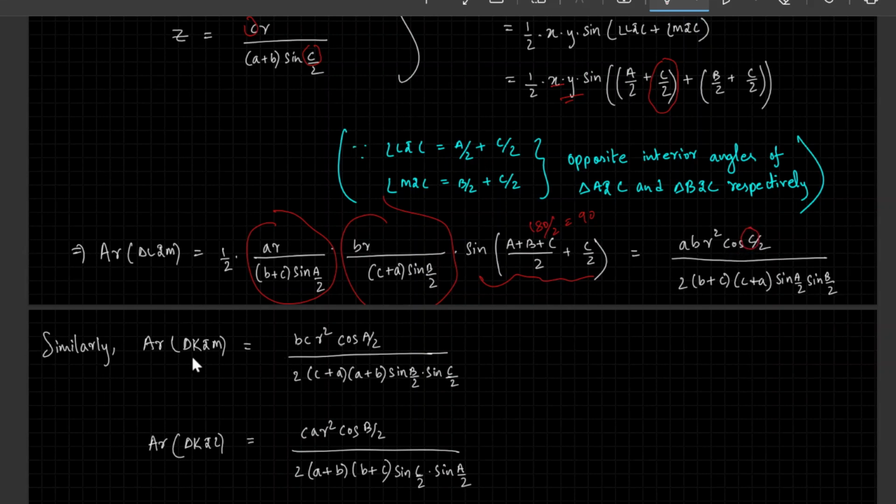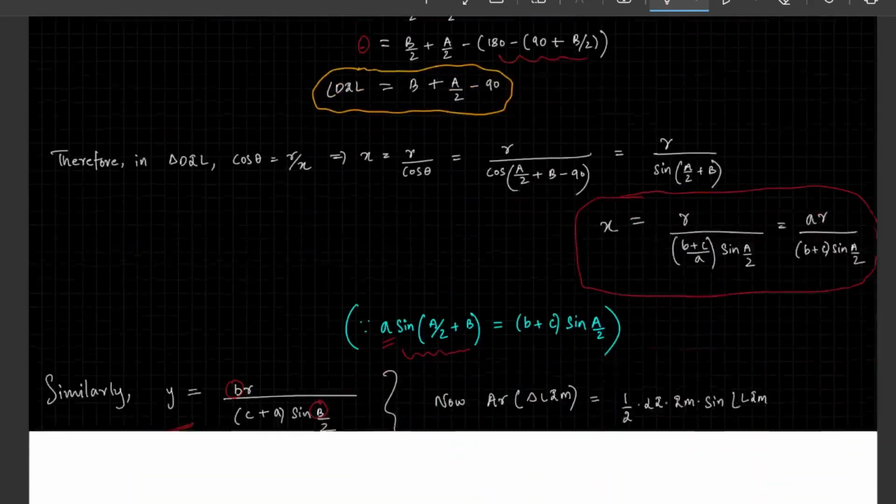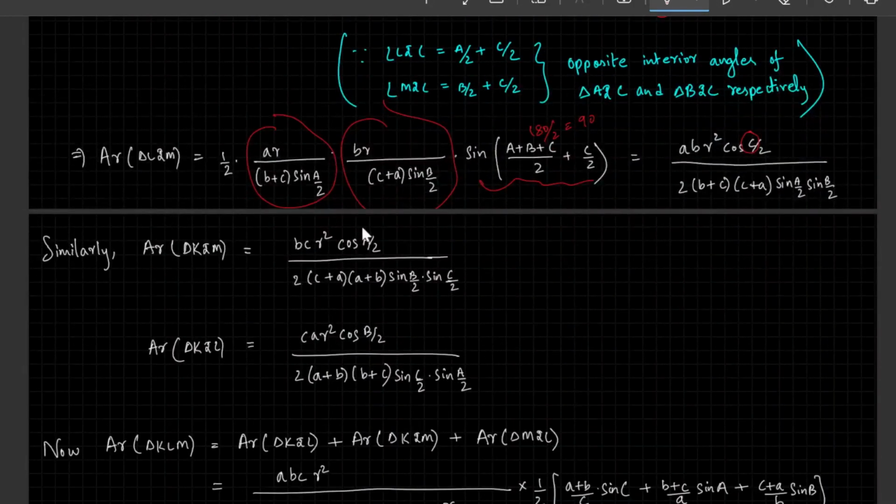So in the similar way for the triangle KIM, KIM has angle A in it. So we can just replace A by C. That is the reason we have done it here. So that is BC R square, like we have done A here. So the other two sides, that is B and C. This is generalization. We are just talking about generalization and replacing the term, so that we actually save a lot of time and a lot of solving procedure and finally come to the required answer.